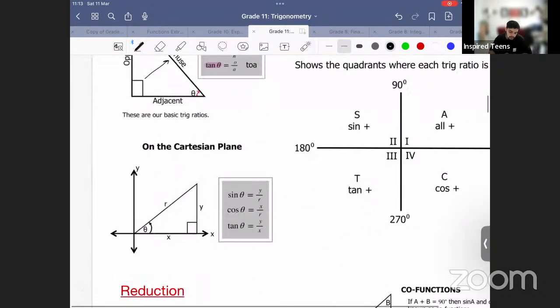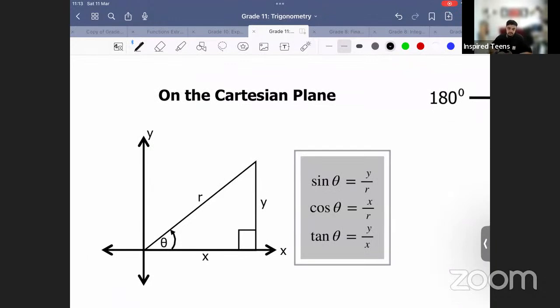Okay, let's talk about the Cartesian plane. On a Cartesian plane, it works exactly the same. It's just that our symbols are slightly different. A Cartesian plane is a set of two-dimensional axes, a y-axis and an x-axis. We generally consider theta, as you'll see when we do some examples, as the angle